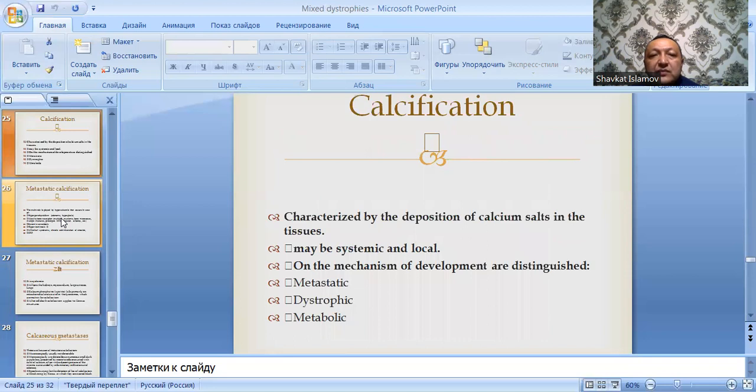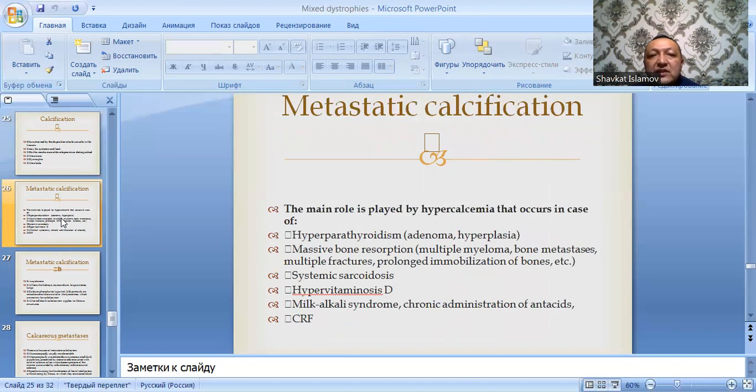Calcification is characterized by the deposition of calcium salts in the tissues. It might be systemic or local. By the mechanism of development, it is divided into metastatic, dystrophic, and metabolic. In metastatic calcification, the main role is played by hypercalcemia that occurs in the case of